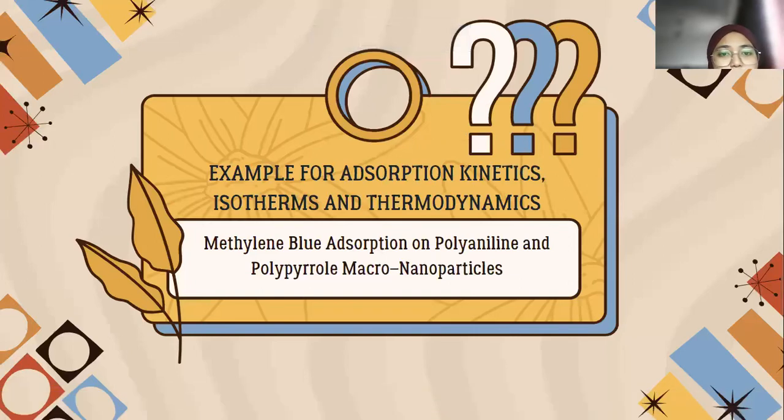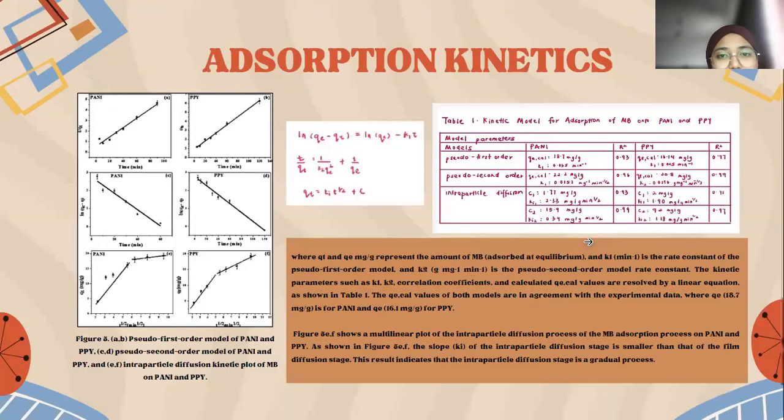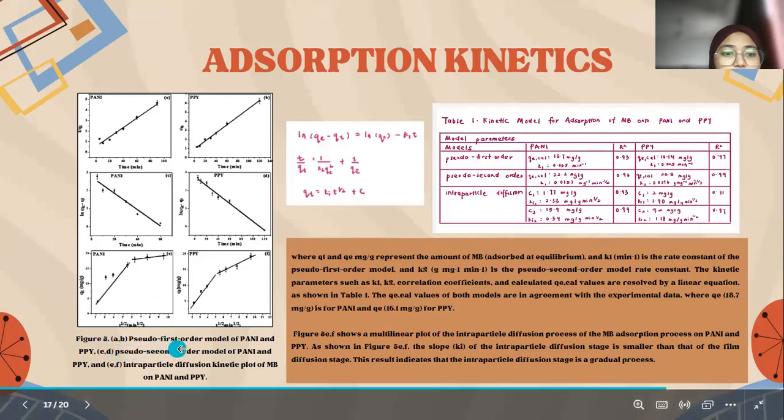Next, I will explain the example for adsorption kinetics, isotherm, and also thermodynamics. In this term, I chose methylene blue adsorption on polyaniline and polypyrrole macro nanoparticles. So the first one is the adsorption kinetics, where figures A and B are the pseudo first order model of polyaniline